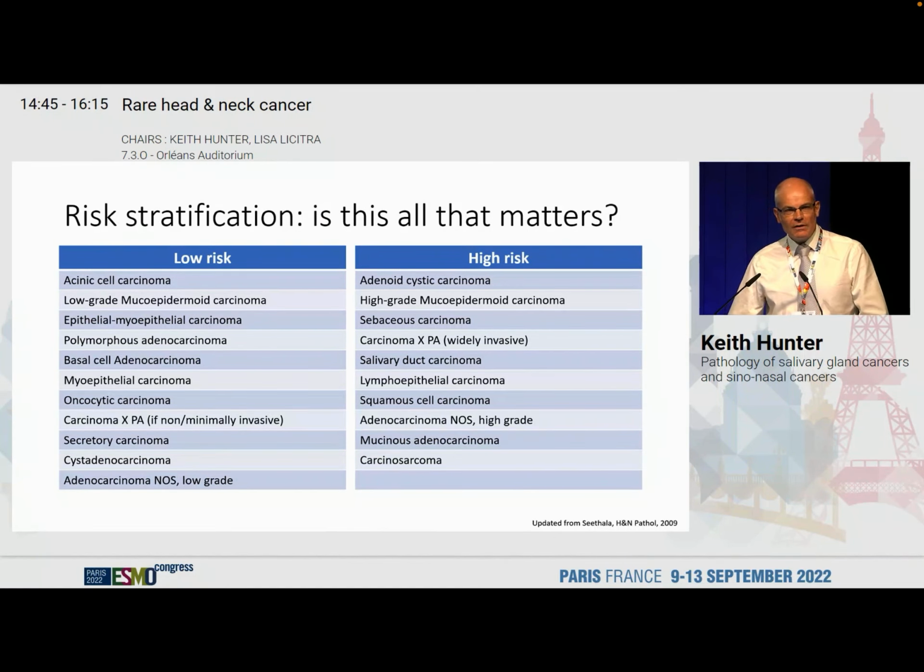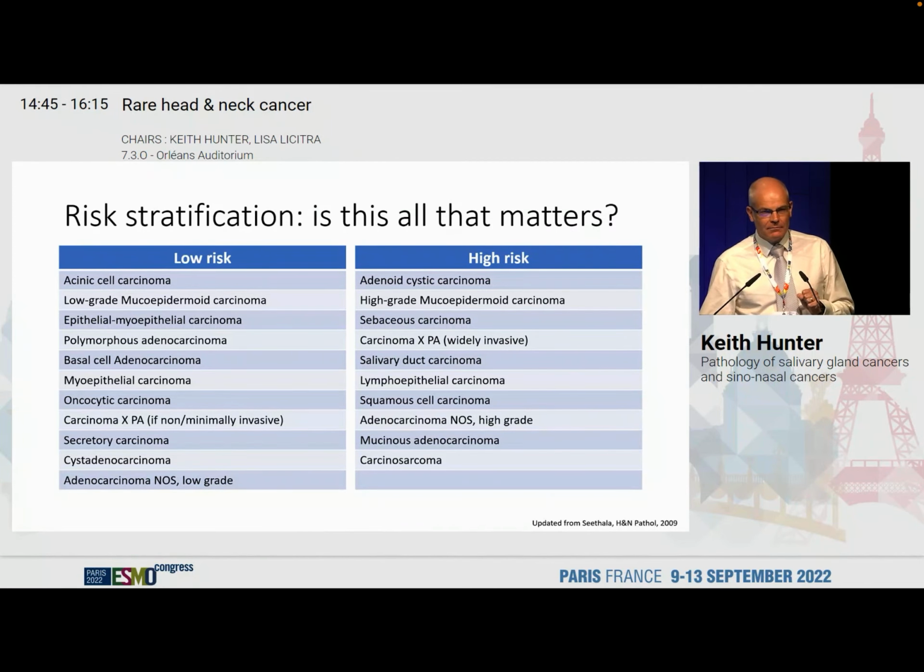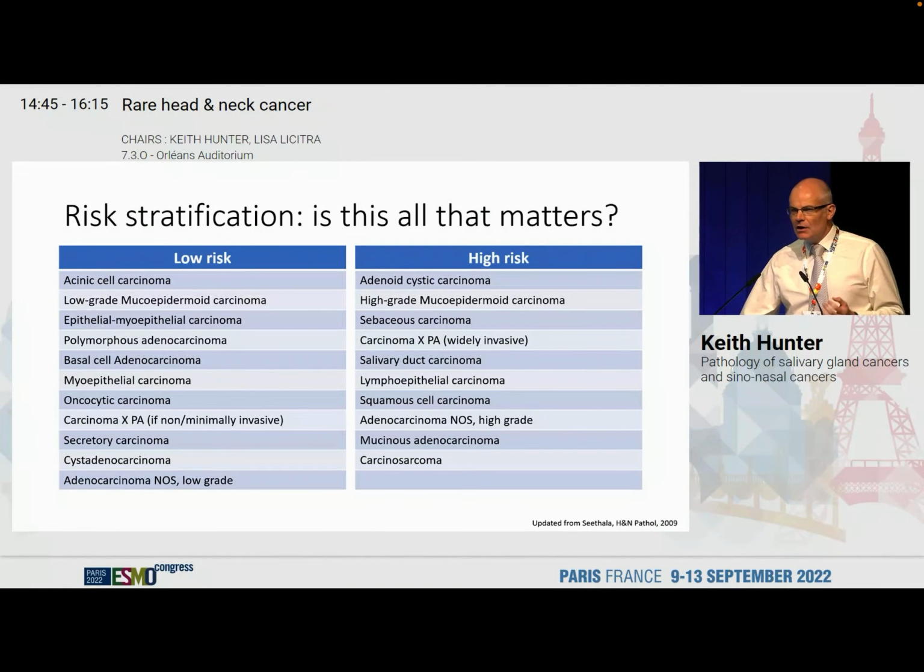We also, for some tumours, have an intermediate grade. And where do they fit? Where do intermediate grade mucoepidermoid carcinomas fit into this? Where do intermediate grade adenocarcinoma NOSs fit into this? Some people think that they should largely fit into high risk. It also depends on the question that you're asking. What do we mean in terms of high risk? Now, we know that, for example, in terms of risk of local recurrence, essentially all adenoid cystic carcinomas are high risk. Yet, if you're looking at risk of development of lymph node metastases, it is really only the solid variants in which that is a significant risk. So it depends, again, very much on the question that you're asking.